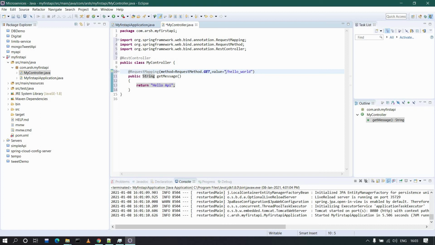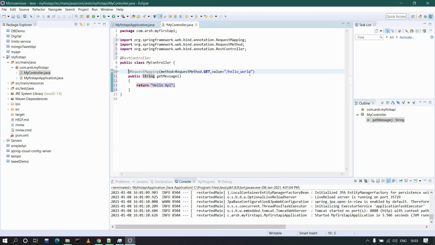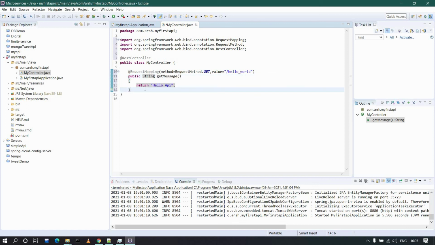The method type will be GET, we will be using the HTTP GET method, and the path will be hello world. So it will see the function here. The name does not need to be exact, like getMessage. You can give any name, and in future videos you will understand all that. Don't worry about this.